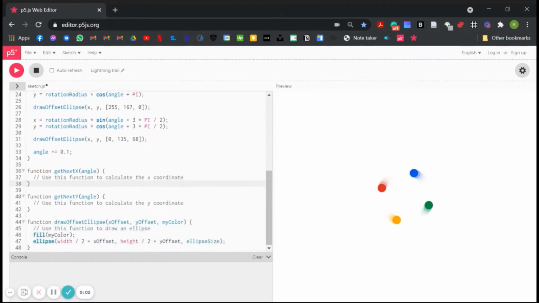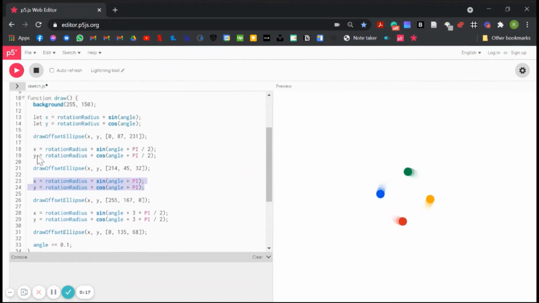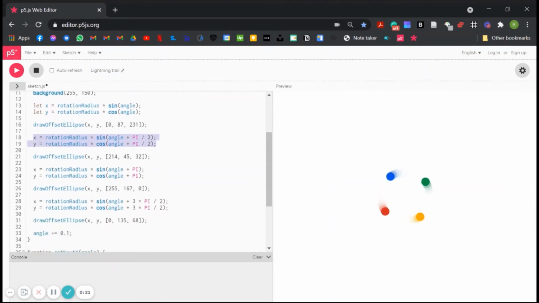So you can see from the scaffolding code that we've given you these 2 custom functions called getNextX and getNextY. And so from that you can derive that what we're wanting you to do is create functions that simplify the process of redefining x and y every single time we're drawing an ellipse. And so if we look through